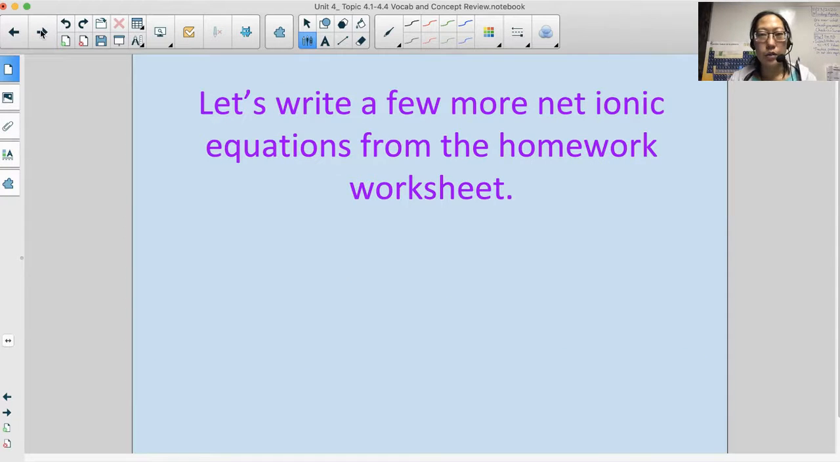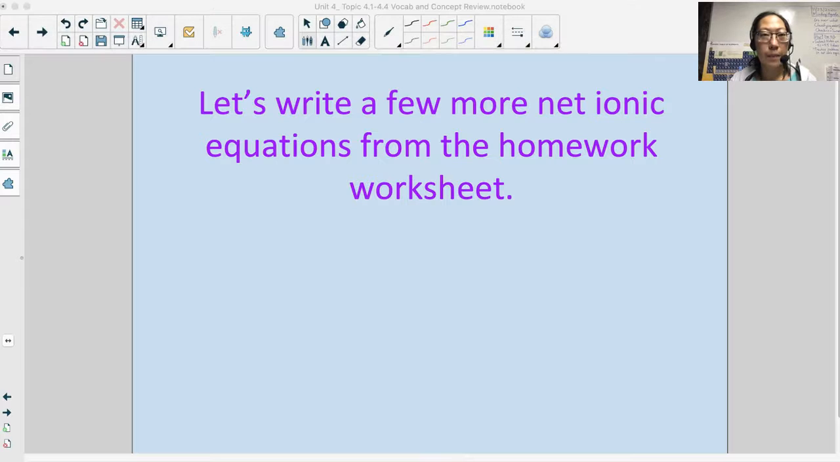All right, so let's do a couple more examples. So one example from the homework worksheet. You can take a look here. You can have a special preview of your homework. So if we take a look,